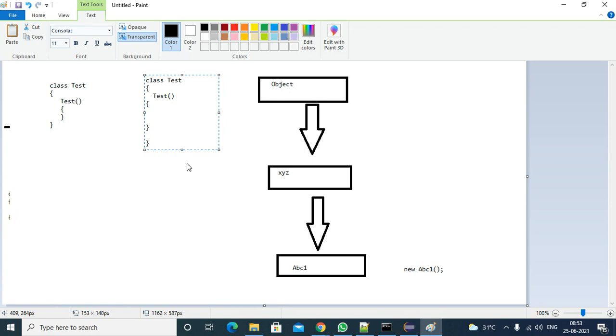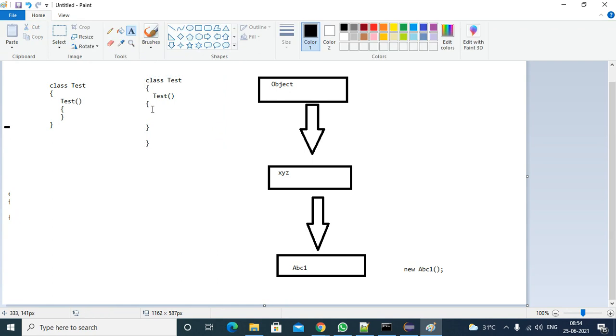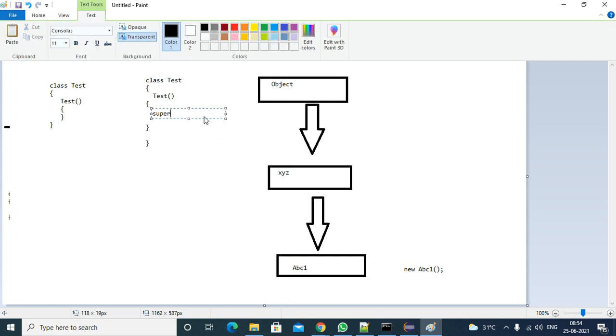If you are not adding the constructor, the compiler will add the constructor. If you add the constructor, it will maintain your constructor. Inside the constructor, it will add one statement. What is the statement? It will add super, like this. If you use the super keyword like this, that means you are creating the object for the superclass, so superclass memory will be allocated. And in that superclass, if there is a constructor, there is a call to the superclass constructor.